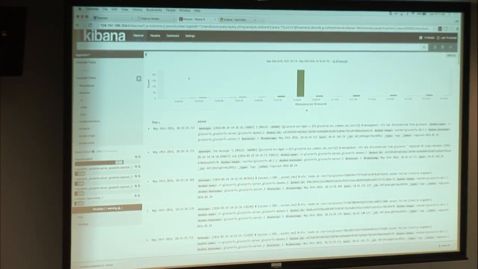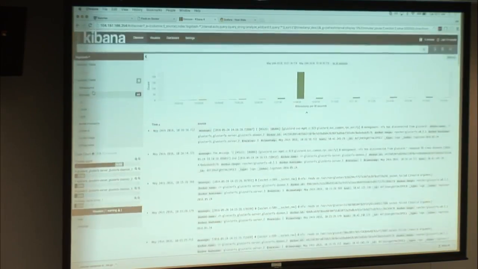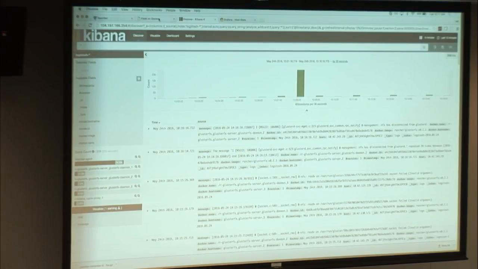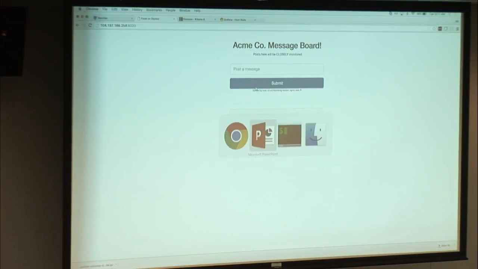Docker also supports native logging drivers, so when you launch the container, you can tell it to use a driver and send the logs, and you can skip the Logspout step. But I think for demos and illustration purposes, it's neat to have an explicit thing to show what's going on. And so without really doing much, now you get this view of your application logs, and you can see we've got Gluster service running, we've got our Docker app, so we can say, hello, again, ContainerDays, submit that. So that's up and running.